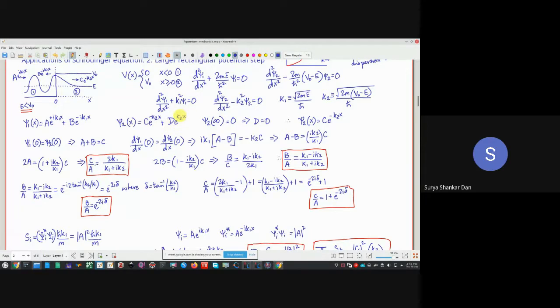Okay. Now, funny thing is, if you go to x equal to infinity, this is x, right? If we take x to plus infinity, then the probability of finding the electron will always die down. It cannot be that the farther you go from the phenomenon, which is basically this junction, the higher the probability of finding the electron there. That is physically impossible. That is the reason why psi at infinity is equal to 0.